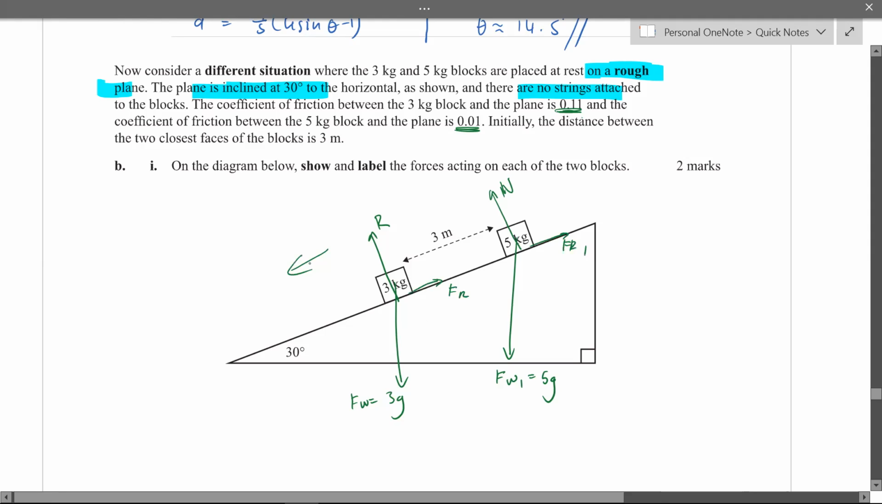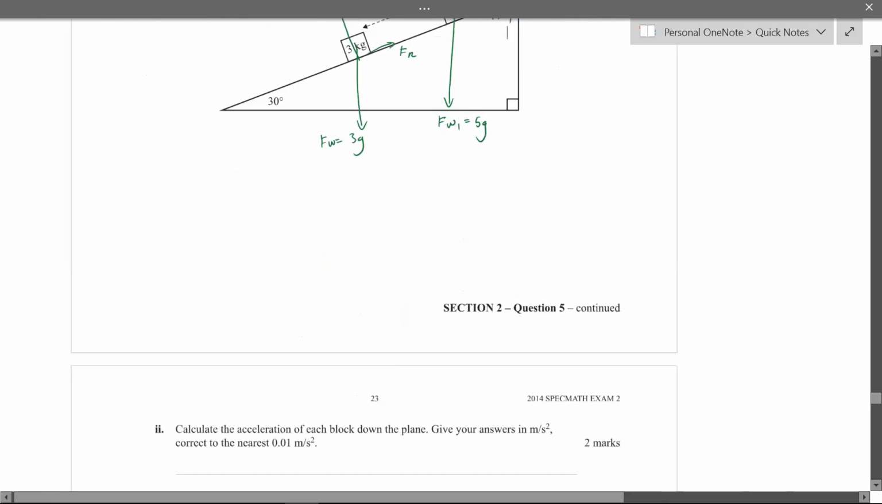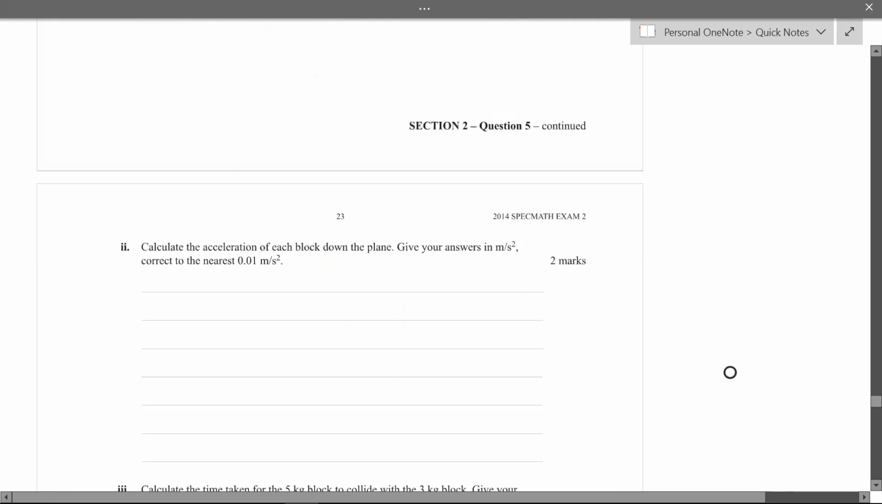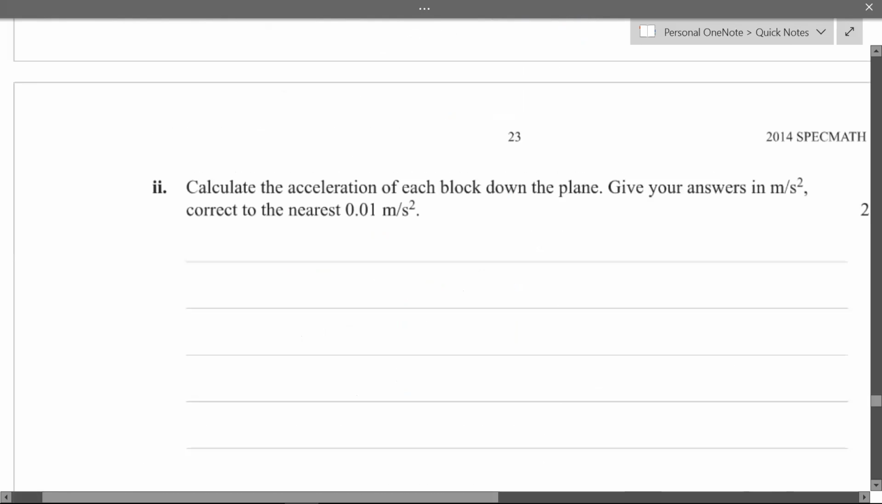Yeah, and so that's all of the forces. Calculate. So to do this, you just have to use F net equals ma. So for the 3 kilogram block, if we look at the diagram,